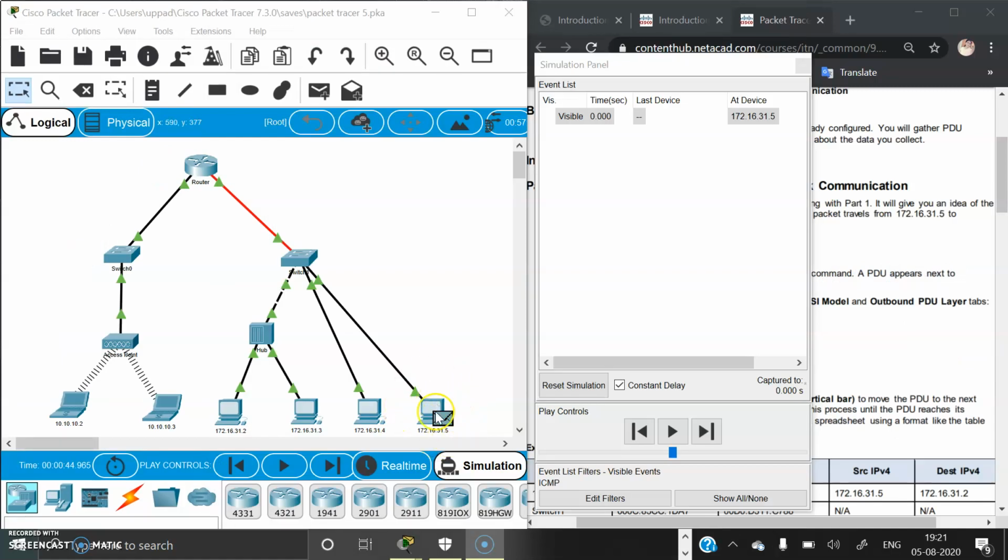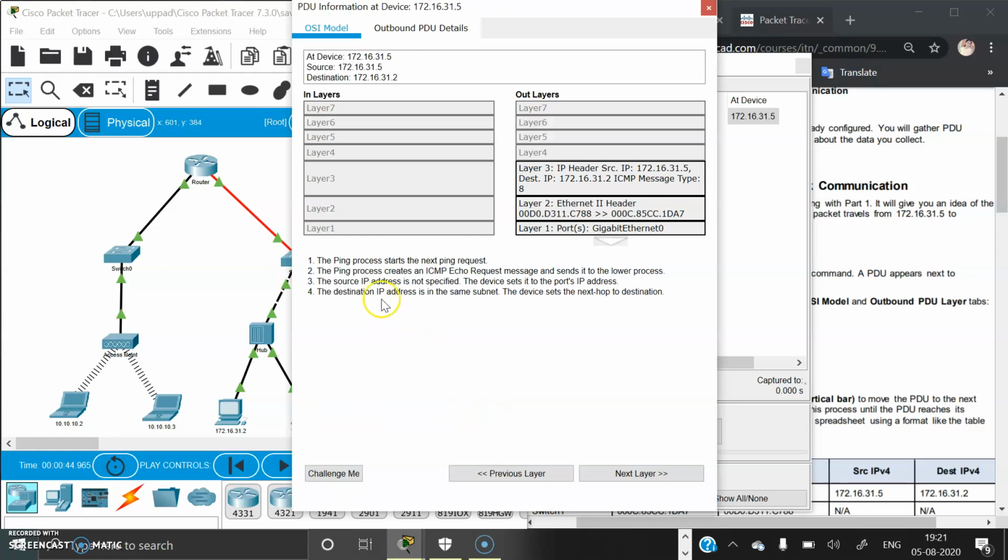So here is the PDU. Click on it, and here we see the ping process start. The ping process creates an ICMP echo request message and sends it to the lower process.